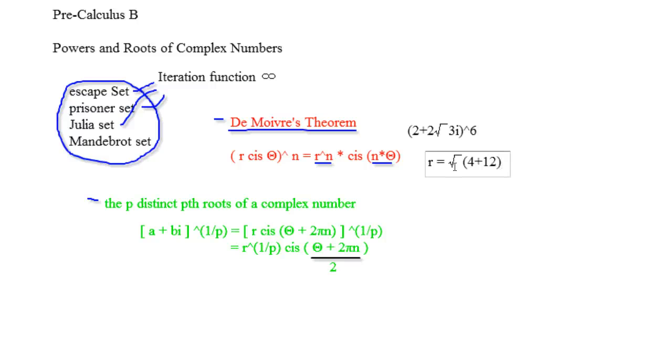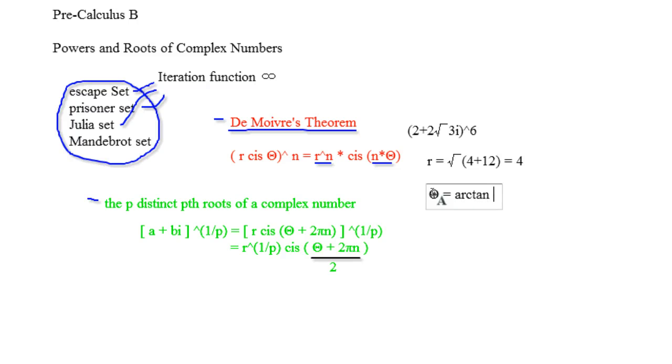Sorry, I'm giving away the answer, which just turns into 4. So that would be our r. If you're wondering how I got that, 2 root 3 squared is 4 times 3, which is 12. Then theta is going to be